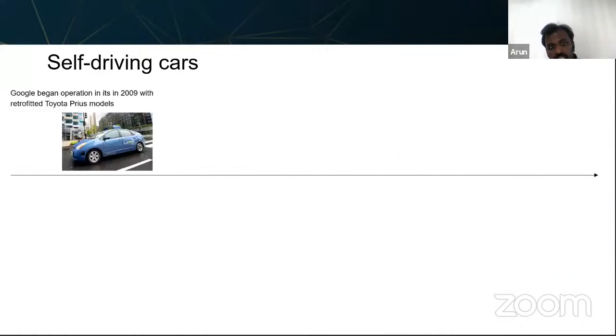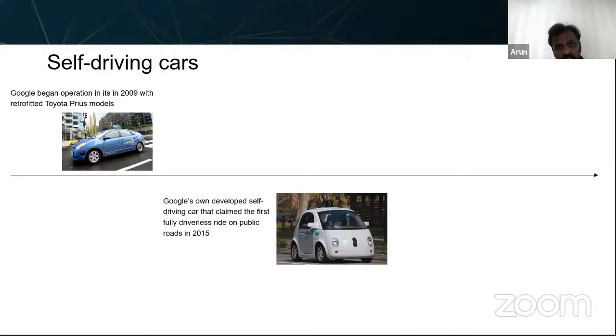And then from Stanford University, I think they had a collaboration with Google, and they started to refit a Toyota model. This was the first one which was actually driven on roads, testing the automated vehicle features, especially the obstacle detection algorithms. And this was probably published in most of the newspapers as well, where Google started to build their own cars and their algorithms.